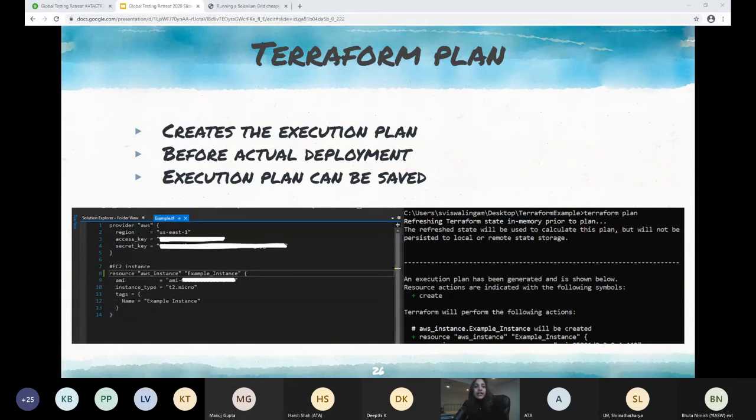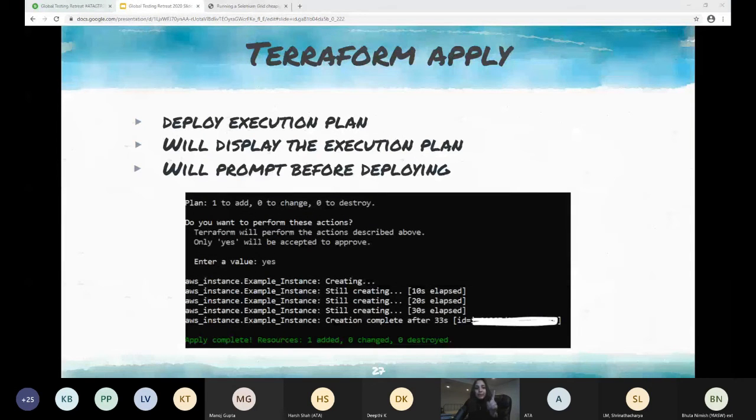So when you say terraform plan, you can see in this picture that I'm basically again trying to provision an EC2 instance in AWS. So when you say plan, it shows you exactly what it is going to do, what different modules it's going to be creating, and it gives me the plan for me to see what exactly it's going to be doing. And then when you say apply, apply basically will deploy the execution plan, but before it deploys, it again shows me the plan. It gets my permission. It will ask me for a prompt before it deploys. Only when I say yes, it goes ahead and applies.